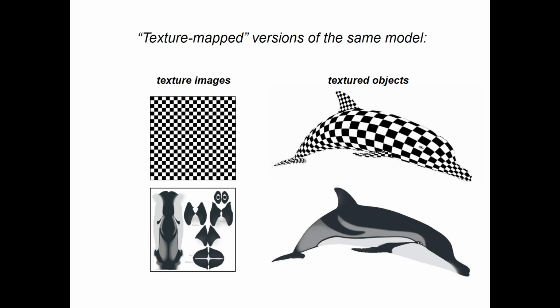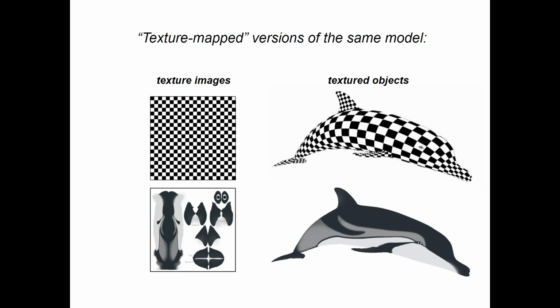We could texture map that model using different textures. The first one being a checkerboard, a very odd-looking dolphin. But you can see the mapping there. You get a hint as to the lookups that are going on. But then the proper texture map looks like this flattened dolphin, or at least certain parts of it are sort of flattened,